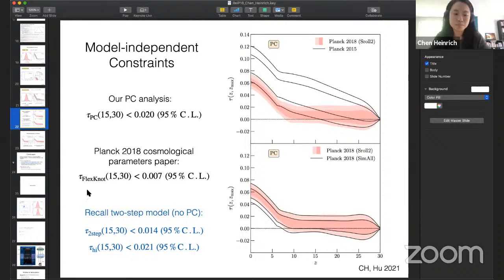Yeah, so this is FlexKnot. So first of all, let me tell you what the FlexKnot method is. It's actually using a few knots in redshift space and varying the amplitude and the position of these knots in redshift space for parameterizing ionization fraction. And then I think they vary up to like 5 knots. So in principle, it's general enough, but we think that, just the way that the priors are imposed, there's either implicit or explicit prior assumptions that go in there that may have affected this particular